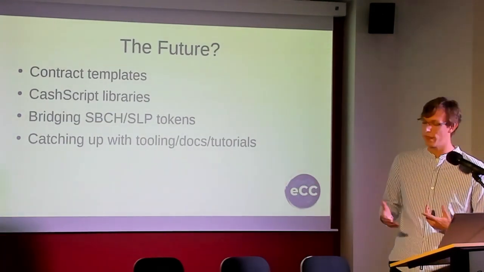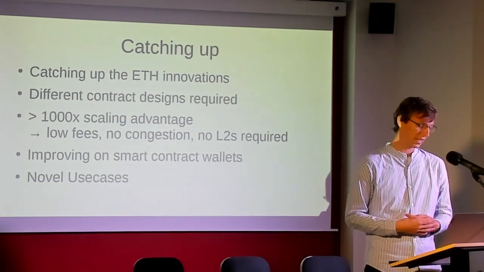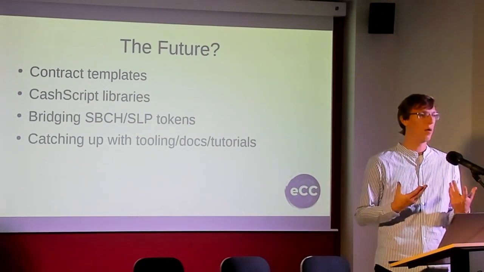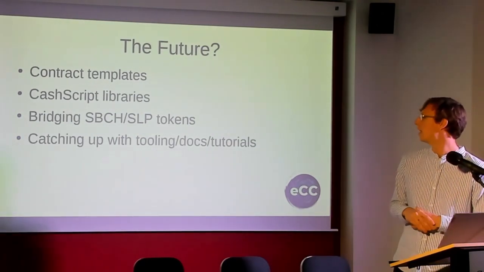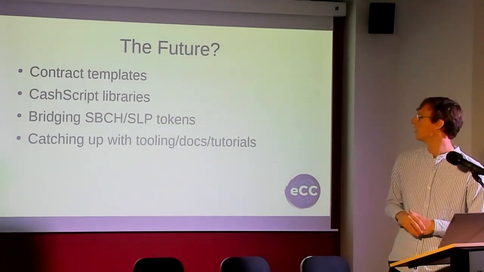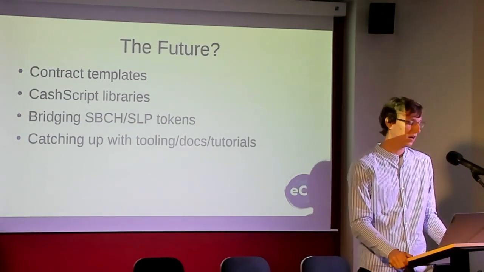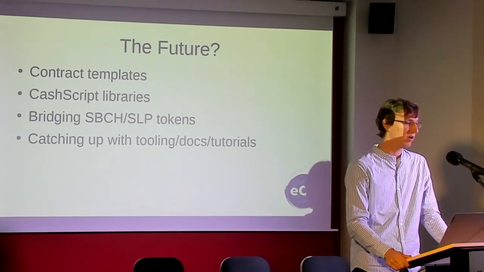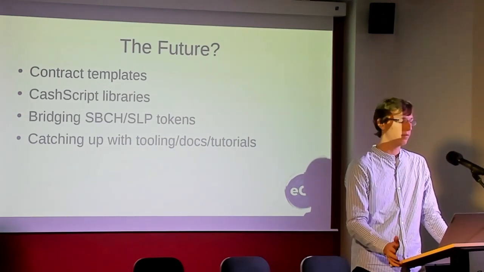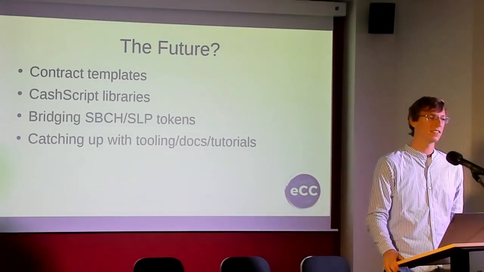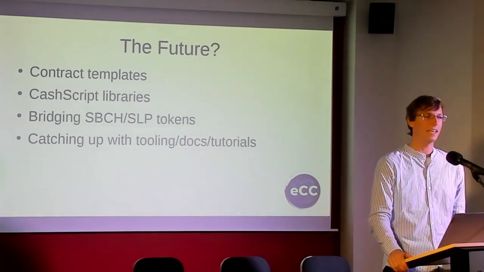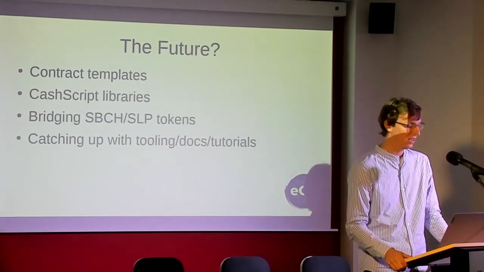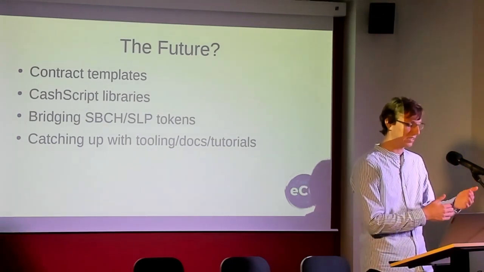And then lastly, what does the future bring? If this is the strategy to catch up, what are people working on? And I can mainly speak about what I am working on myself, what I see other people closely around me also working on. So a big thing people are working on is contract templates. So the problem with, for example, MetaMask and the smart contract wallets we see today is that they are dumb signers. They get a transaction, they ask the user to approve it, but the user has no idea which smart contract he just approved. With contract templates, there could be a trusted list of this token contract, like these opcodes,